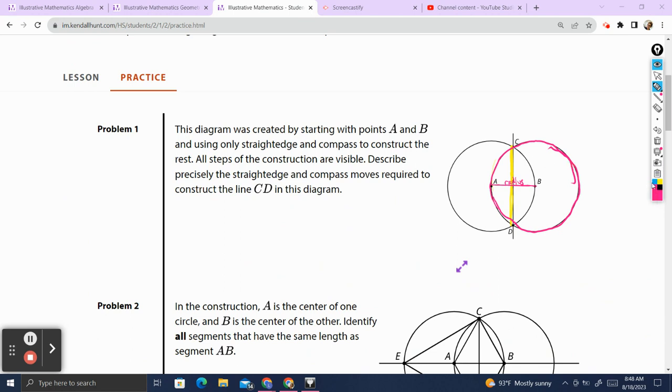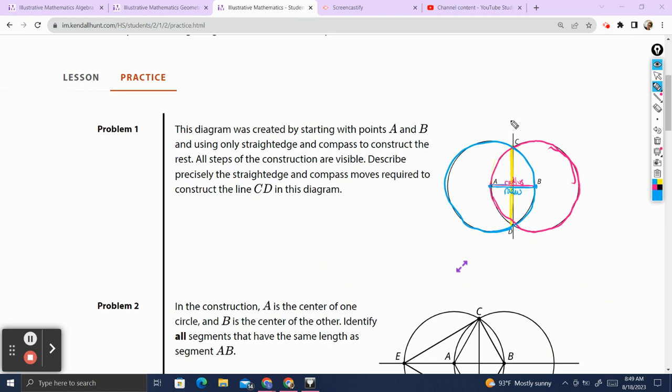Now we are also going to create circle A. Circle A has the same radius as circle B. If I highlight in blue the radius of circle A, I can create the same size circle. So when I'm creating a diagram like this, the first thing I do is create segment AB. I create circle B with the radius of AB and center B. Then I create circle A with the same radius AB and center A,